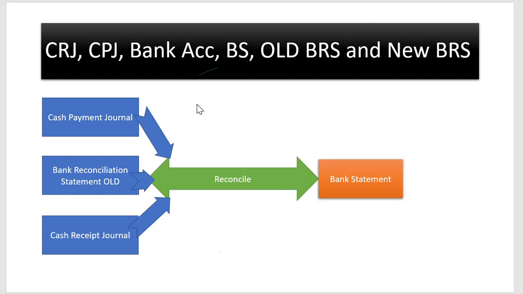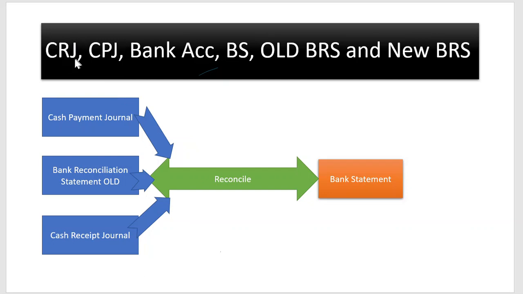a reconciliation. When you deal with it, we first deal with the CRJ, the CPJ, the bank account, and the bank statement, you can see there. Then also the old BRS and the new BRS. So what happens here, as you know, is that when you're dealing with a bank reconciliation statement,